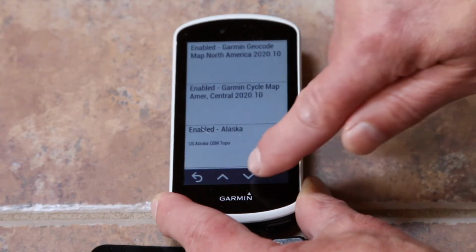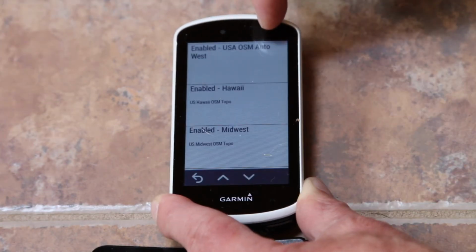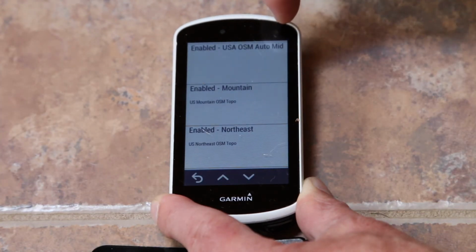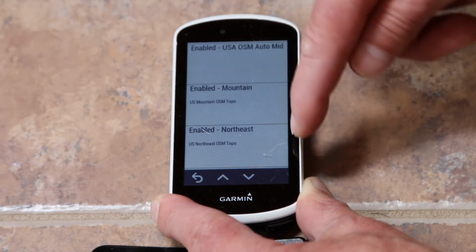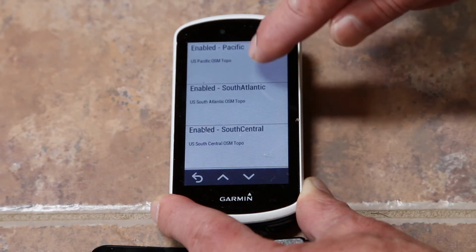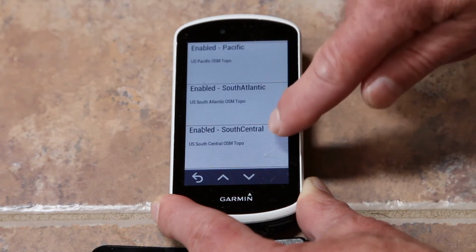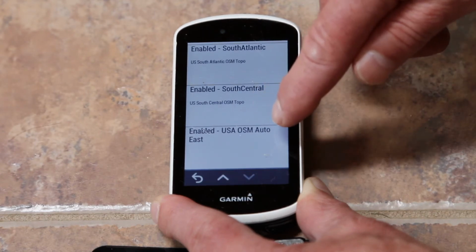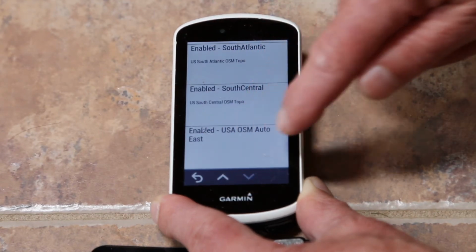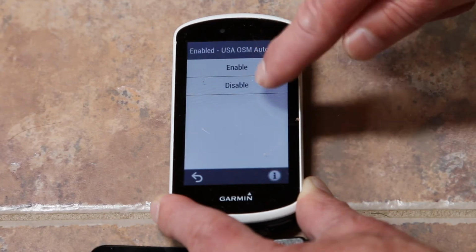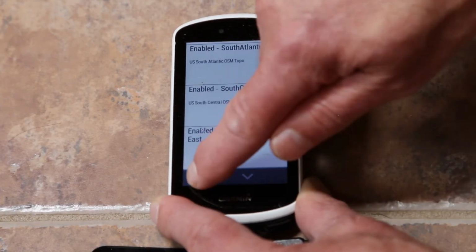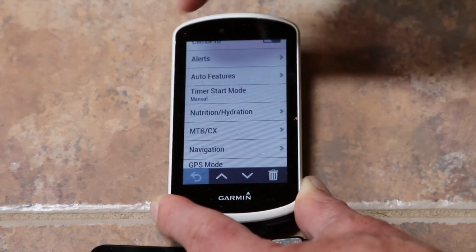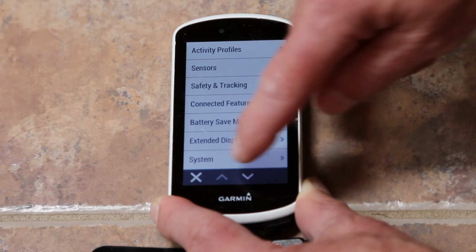But then we have Alaska, US Openstreet Map Automobile West, Hawaii, Openstreet Map Auto Midwest, Mountain, Northeast, Pacific, South Atlantic, South Central, and US Openstreet Map Automobile East, which is enabled. And if I didn't want that enabled, I could disable it here, but I want it enabled. So now all those maps are available for this thing to figure out how to route me to the place